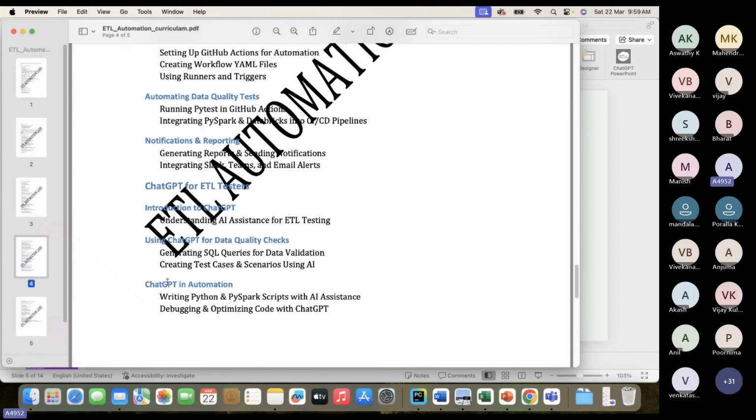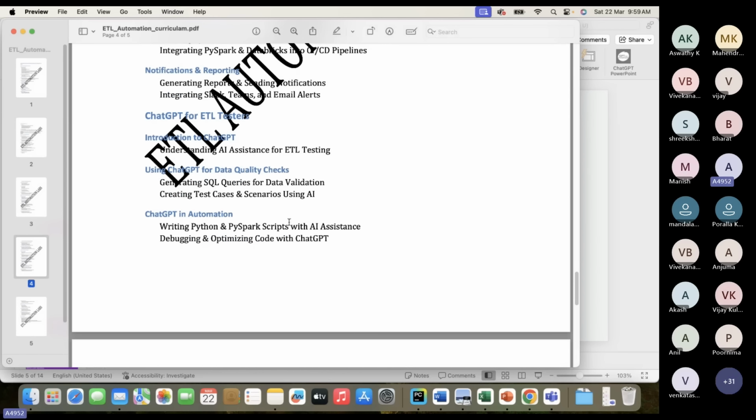Also, we'll show you how we can build frameworks with the help of ChatGPT, Gemini AI or any AI tool. We have written some prompts, and these ready-made prompts can be used to implement the frameworks. So these are the topics I'm going to cover.